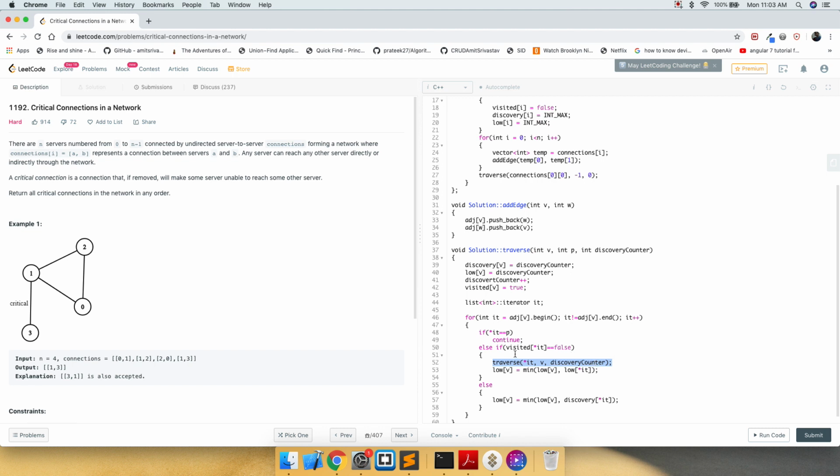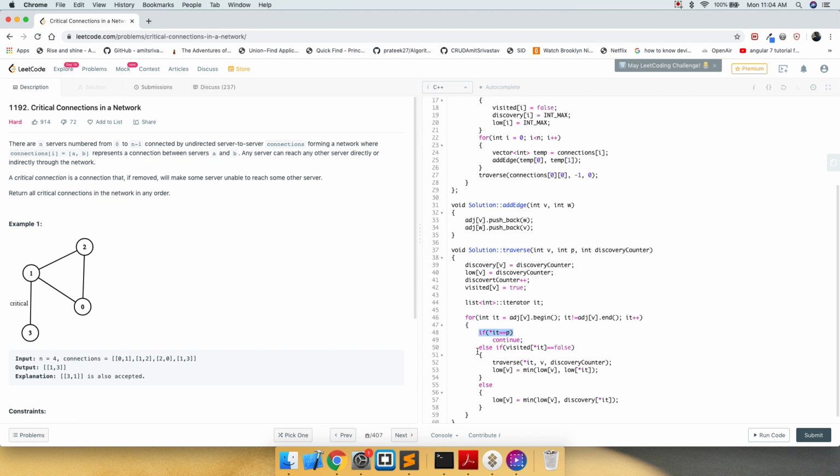So when we are at vertex 1, we try to call vertex 3, we call it from here. Now assume that we are at vertex 3. Once we are at 3 and we iterate through the list, the only vertex that is present for 3 is 1, which is directly the parent. So the value of low for 3 never got updated.